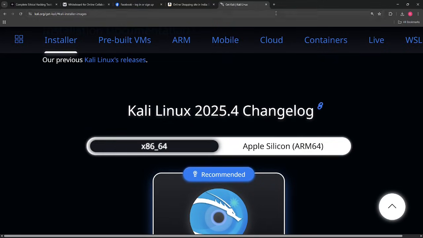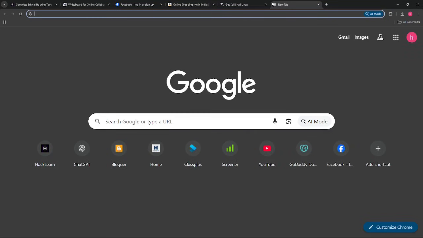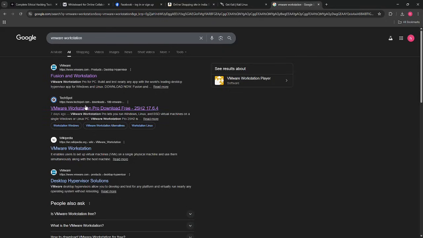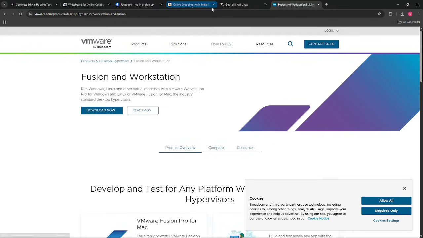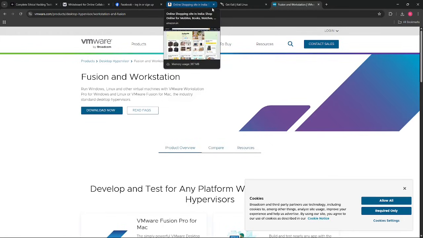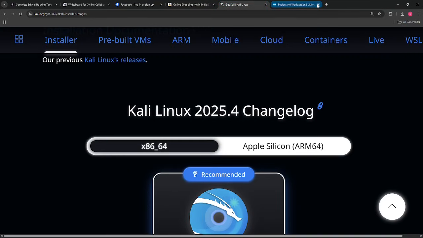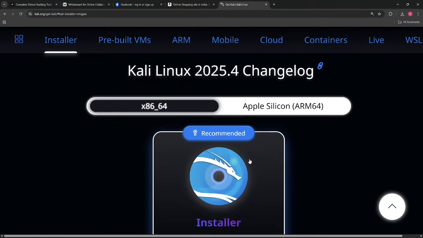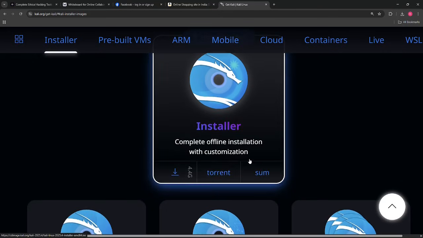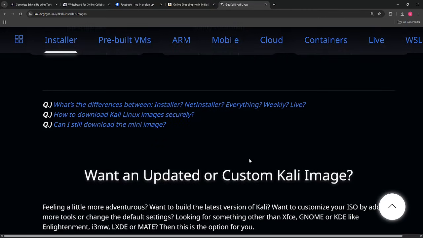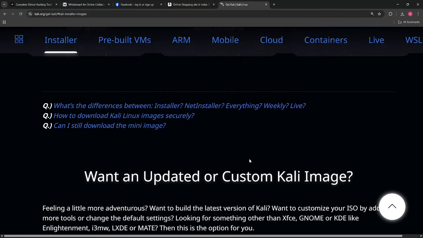You have to install this particular image, and after that install VMware Workstation, and combining both you will be able to install Linux on any system. If you are running a laptop with 8 to 16 GB of RAM, it's more than enough to run this operating system, and it will be very smooth. Basically, Kali Linux supports multiple platforms. It supports virtual machines, bare metal, cloud, and even live USB, and there are a lot of